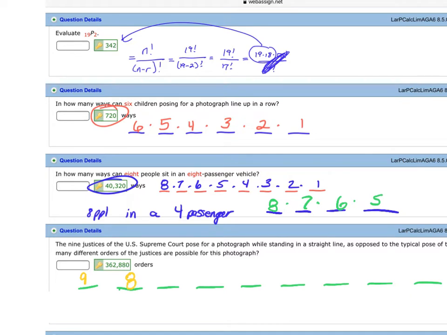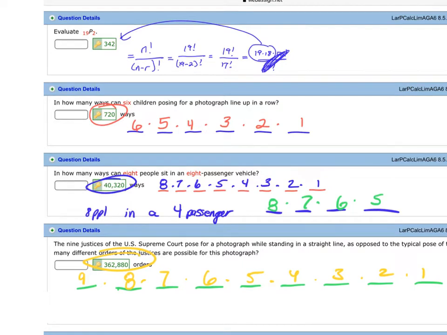There's 8. Then what? 7, 6, 5, 4, 3, 2, 1. You multiply that all together, and that's where we get the 362,880. Now again, the way that you could change that, there's 9 people lined up, but only 5 get to